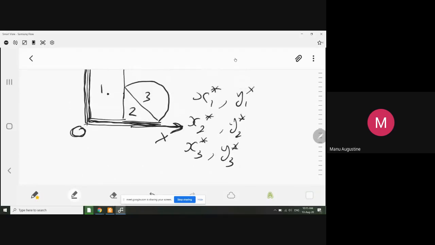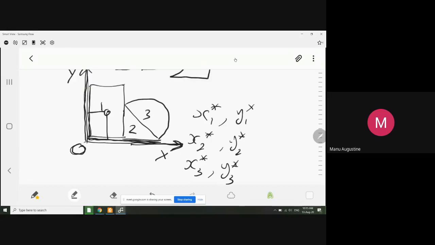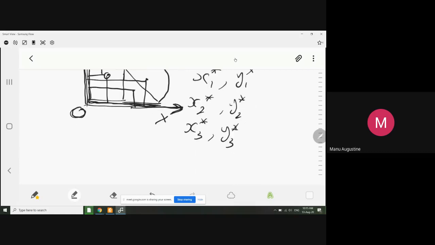And once you have identified x1 star, y1 star, which is these coordinates, then x2 star, y2 star, which are these coordinates, and x3 star, y3 star, which are these coordinates, the individual locations of the centroids of your individual areas. Then simply the overall centroid x value of your composite figure will be given by